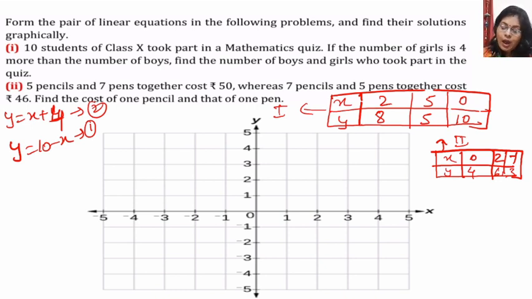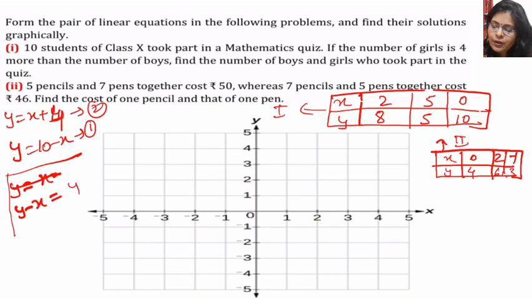Now let us see how we can plot it graphically. First we have got 2 and 8, so we'll simply plot it. One more thing we can see, and this is just a help for you all. In your rough work, you can find out whether the lines intersect or not simply by solving. You can write y equal to x plus 4 first in the ax plus by equals c form: y minus x is equal to 4, and y plus x equal to 10.